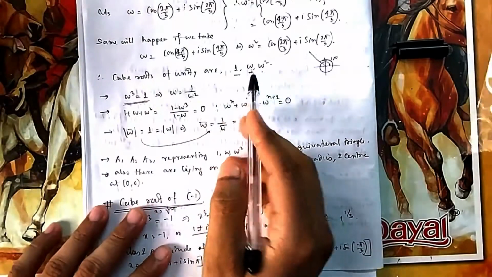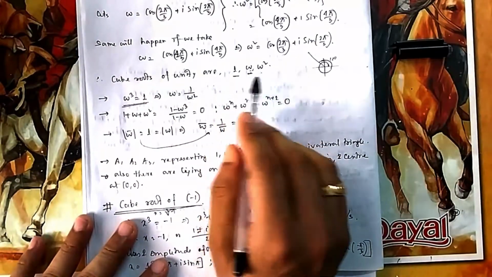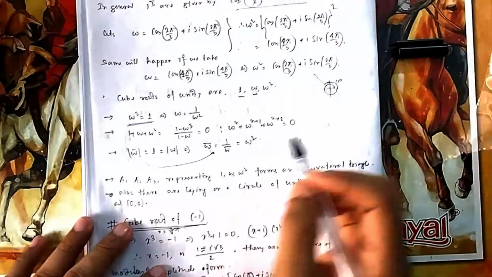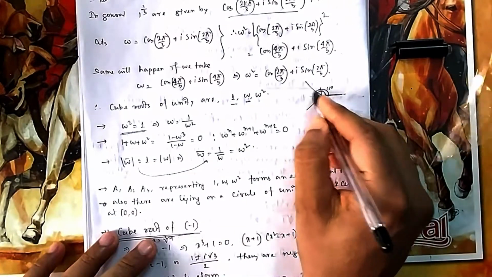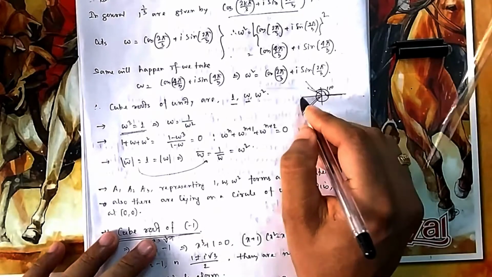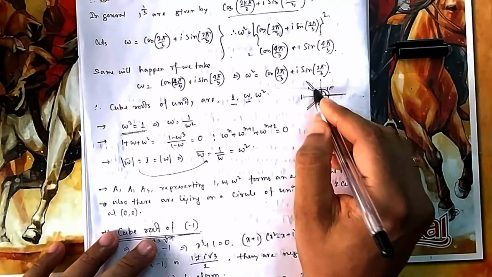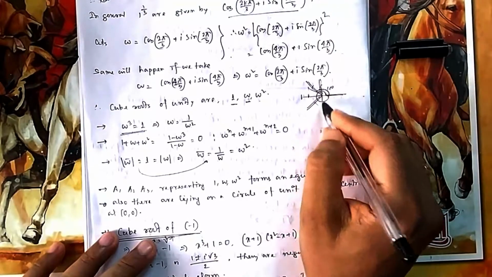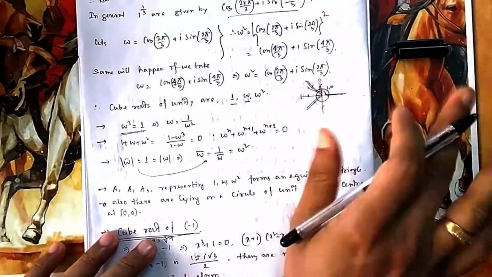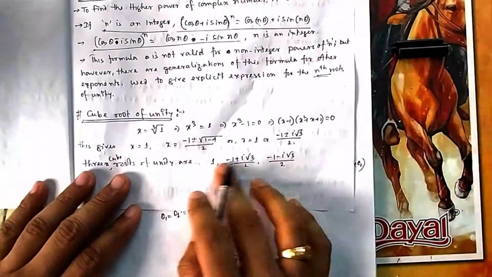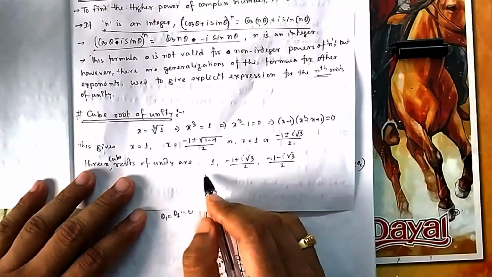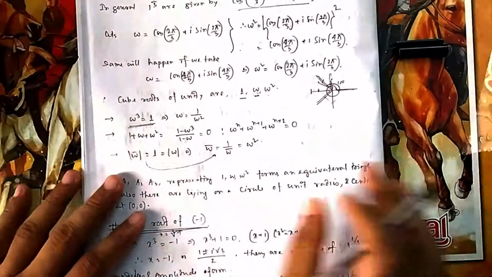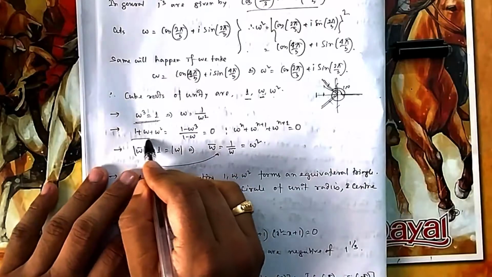So there are very funny things about these three, and that's why these three become important for us. Now if you add these three, it becomes 0. You can see it vectorially also: if you add this plus this plus this, one part of this and one part of this get cancelled. Or simply add: just open it and expand it. Minus half and minus half is minus 1, so 1 cancels, and this and this will get cancelled. So if you add these three, it will be 0. This is also a very important result.